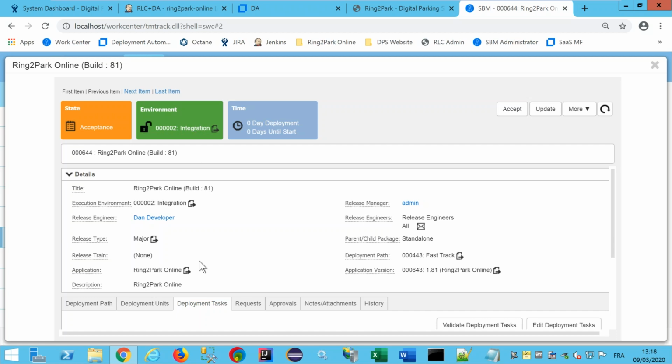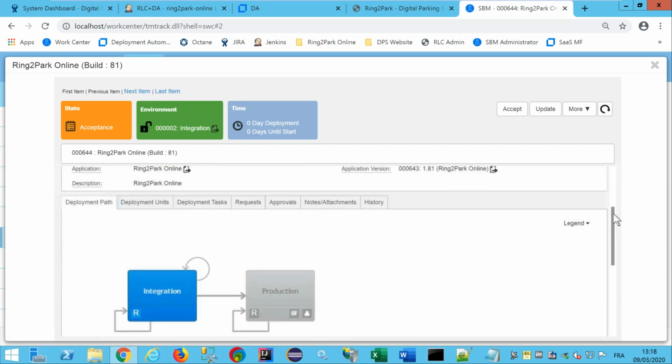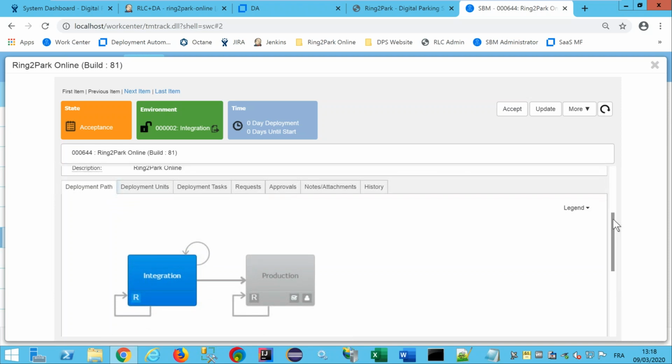The people involved in this deployment are the release engineer, the developer, and the release manager, admin. You can see here that we are deploying the application Ring2Park Online, version 81. If we have a look at the deployment path, here you can see your pipeline. The pipeline used for this application version will be integration, then production.